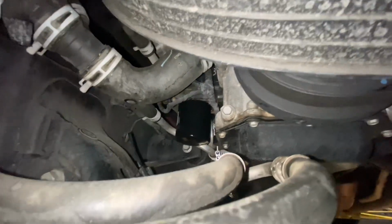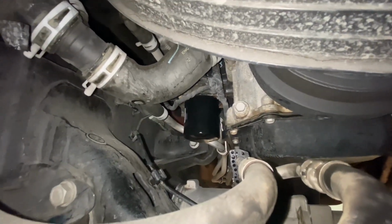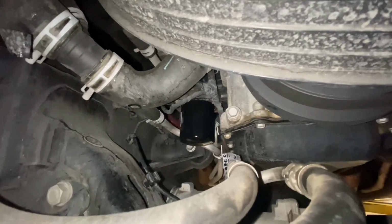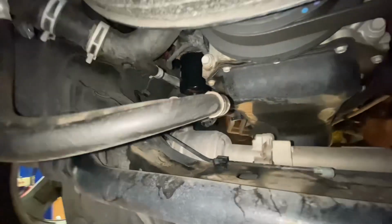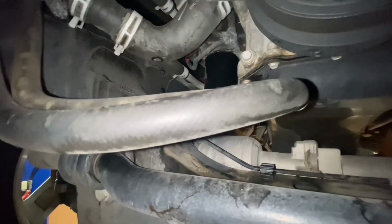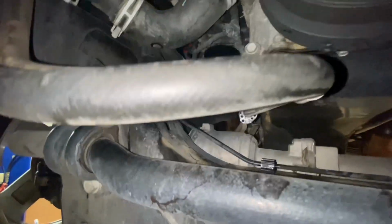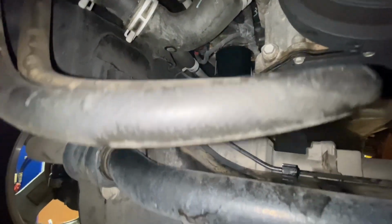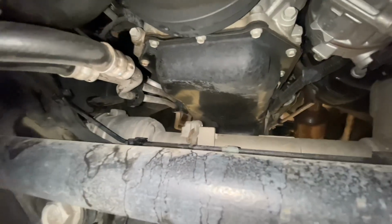Another reason I like changing my own oil is that I got four oil changes free when it was under warranty, with the package for four oil changes. Three out of the four times, the guys at the dealership could not get the oil filter tight for some reason. I remember my first oil change, I did it around maybe 5,500 miles, and around 7,000 miles,